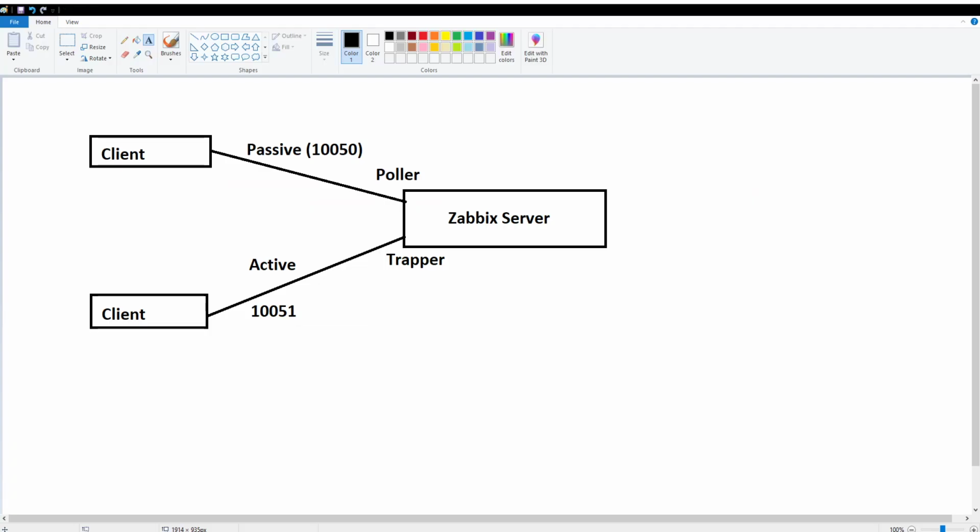So guys, here it goes. The Zabbix server basically can fetch the information in two ways. Let's say this is the Zabbix server, and these are two clients. One way is the Zabbix server becomes the poller, and it will ask the client to tell me all the information that you have, for argument's sake, the RAM, the memory, the CPU, the latest information about the client machine.